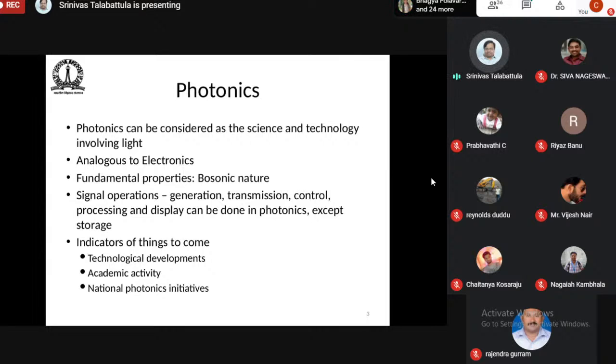So you have a lot of electronic devices like transistors, then diodes, up to ICs. All the applications that we see now, like the cell phones, the laptops, and the TV, are all electronic devices. So our IT industry is based on electronics. But of course, there is an important development in about